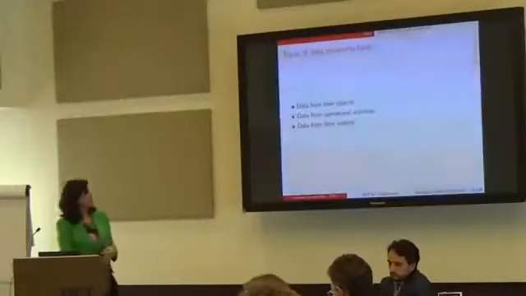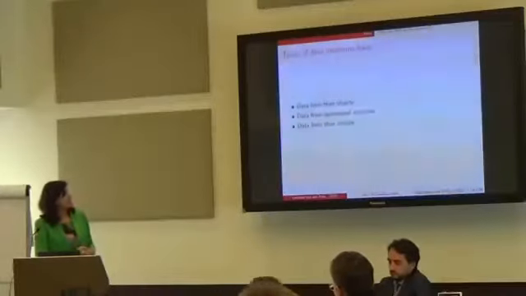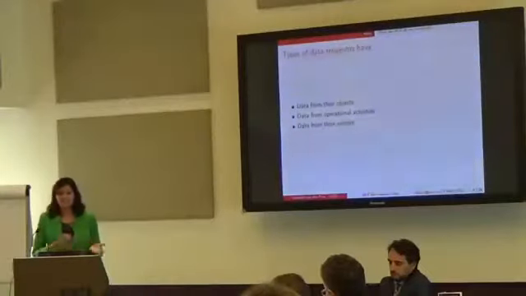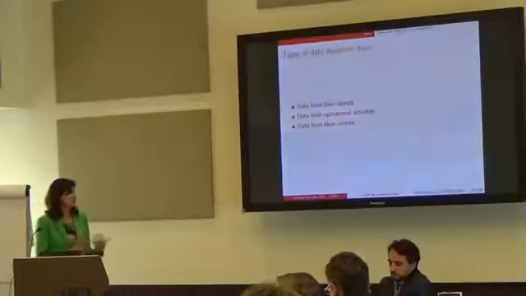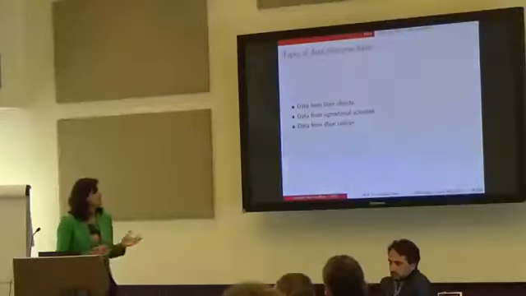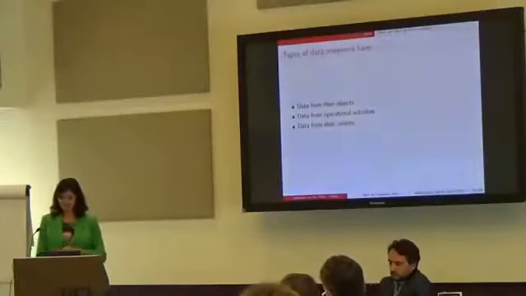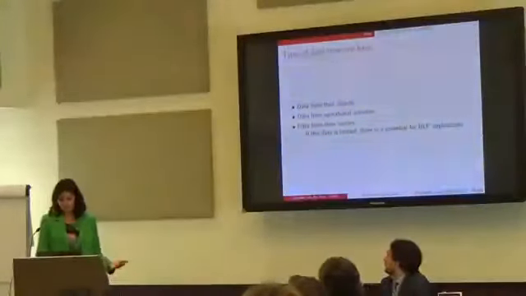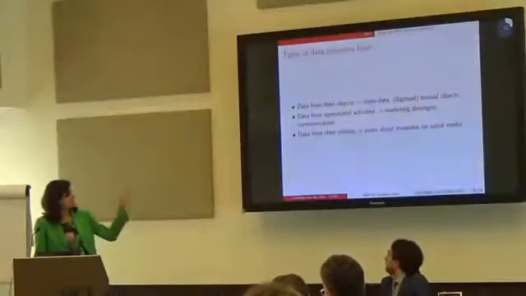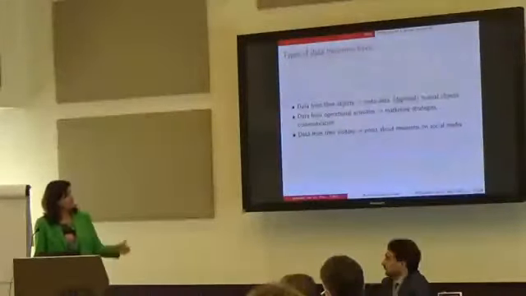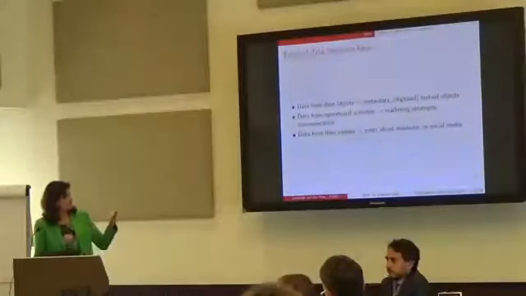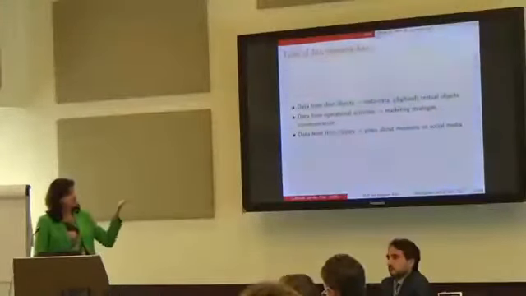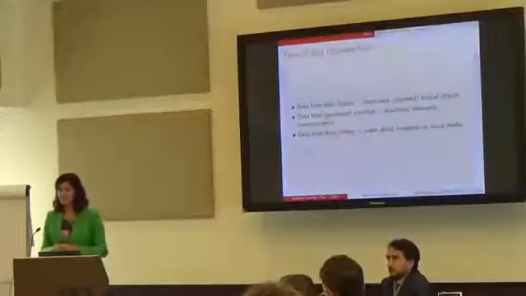So let's move on to museums and look at the type of data that museums have. I've looked around a little bit and I saw that data can come from their objects, from their collections, right? Data can also come from their day-to-day operational activities. And data can also come from the visitors, people that visited museums. Now, if this data is textual, there is a potential for NLP applications because we like to do things with textual data. So data from objects, we can have metadata. From the operational activities, there will be marketing strategies and communication that we can use. It's all textual information. Data from visitors, posts about museums on social media, for example, also textual.